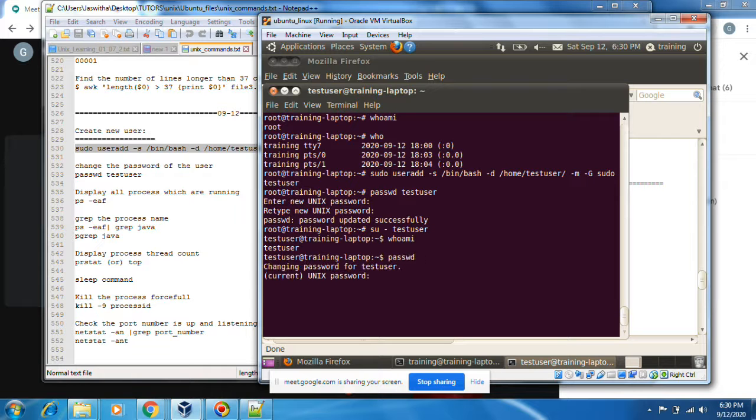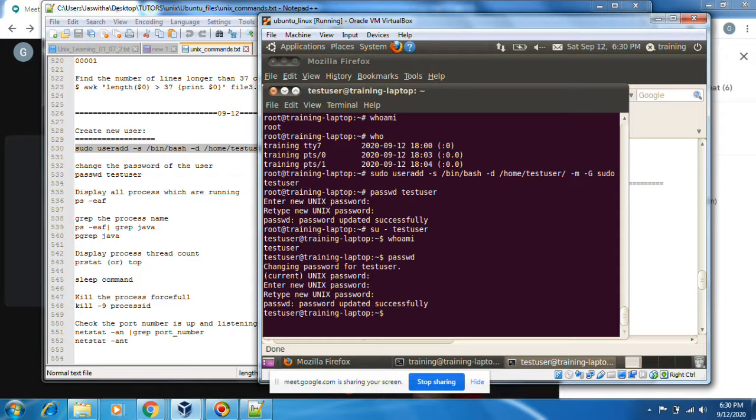If you want to change the password, you can change it as a user. First of all, it will ask for the previous password, the current password, and now it will ask for the new password. Okay, password updated successfully.